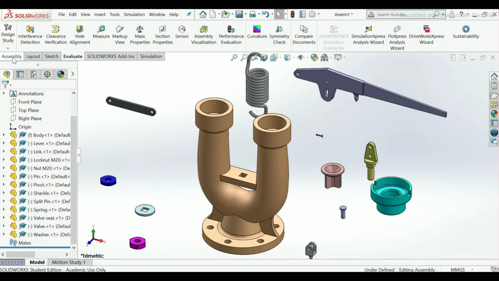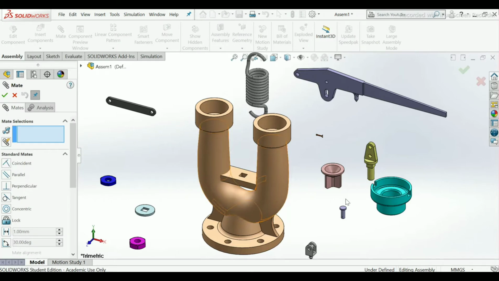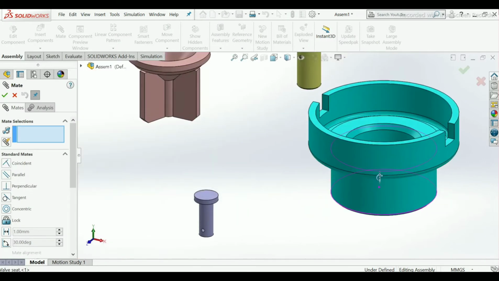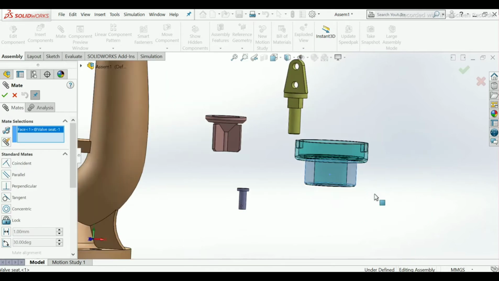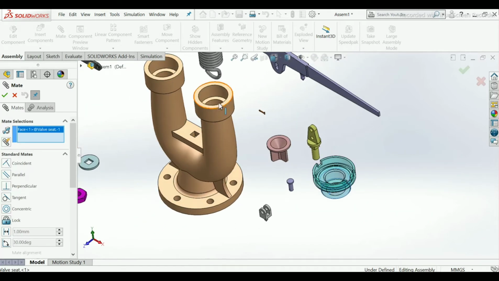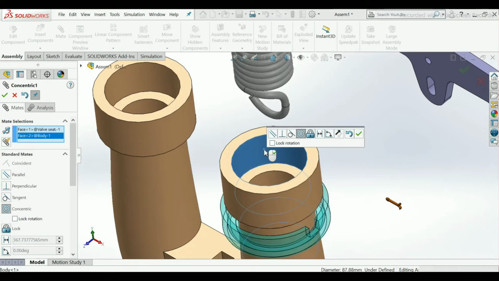Go to assembly, select mate. First select this wall sheet, select this bottom surface, select here this face, so that we make the relation concentric.